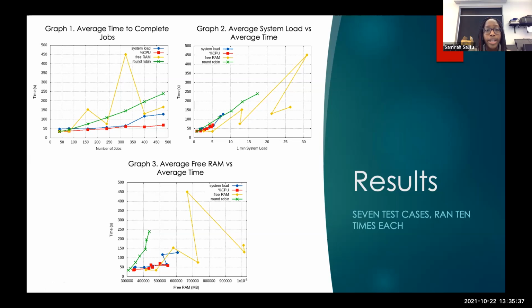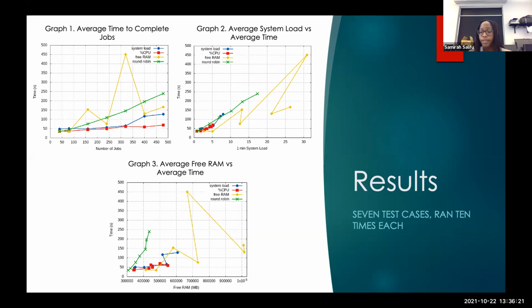Most of them follow a linear type function with the exception of free RAM. It's the yellow one that's going all over the place. This may have been caused by the uneven distribution of servers when using the free RAM algorithm. All 4 servers were used in the round robin, system load, and percent CPU load balancing algorithms, but free RAM only used servers 2, 3, and 4. This is because server 1 has the least amount of total RAM and only 2 CPU cores, so it can't handle as many FASTQC jobs as the other ones. It was calculated that server 1 can only handle a maximum of 30 jobs, while the other servers can handle